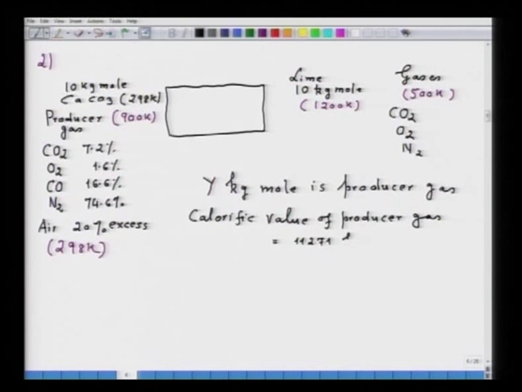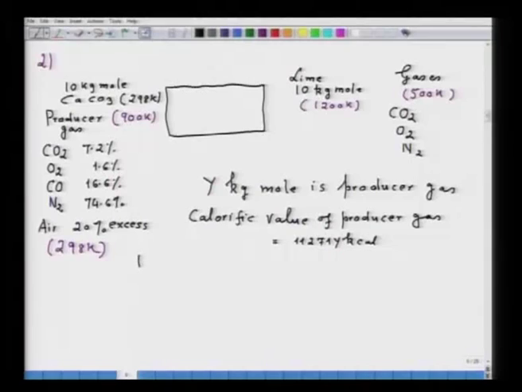11,271 kilocalorie into Y, because Y is the amount of kg mole of the producer gas that we have taken for combustion purposes. Now, straight away I can take the material balance now. Now, if I do the material balance, then amount of CO2 that will be equal to 10 plus